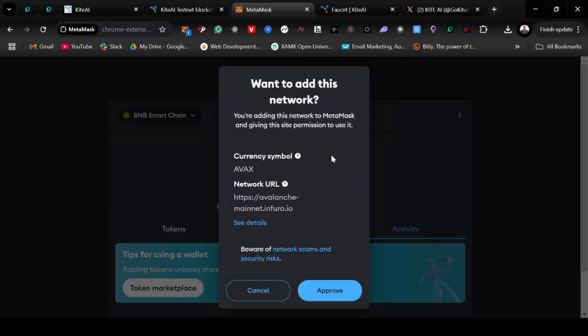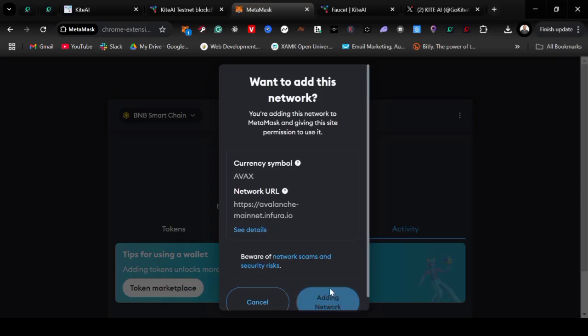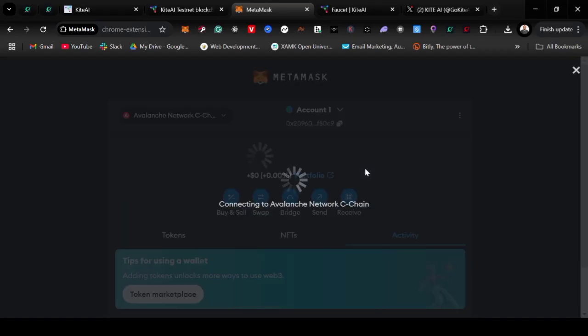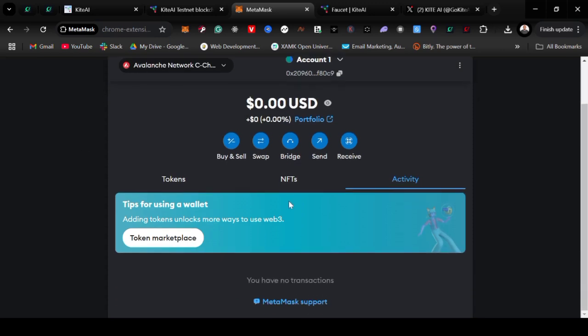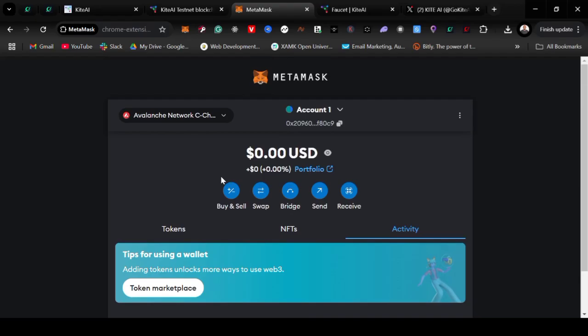So I'll click on it here and it will show me the network details, every single thing. I wouldn't like to expand it because there's not much time, so I'll just click on approve and it will add the network to my wallet. Then it has already added it. This is the first step, so you need to set up your MetaMask first before connecting to the Kite AI